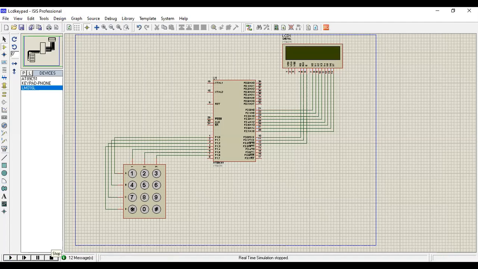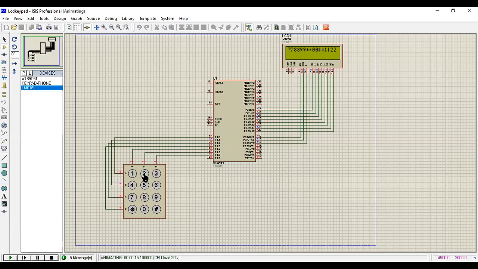So again you can stop and play, and 7 is displayed, 8 is displayed, 9 is displayed, star is displayed, 0 is displayed, and hash is displayed. So whatever keys you are pressing will be displayed on the LCD.